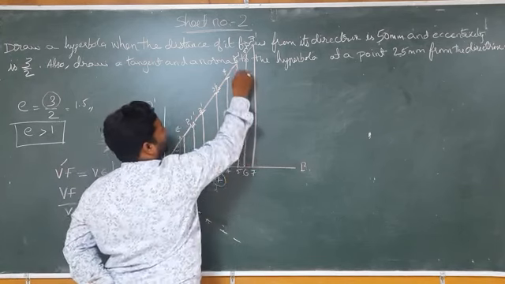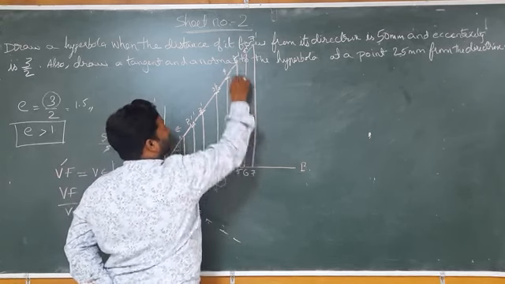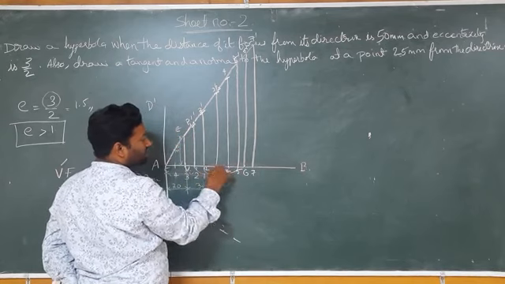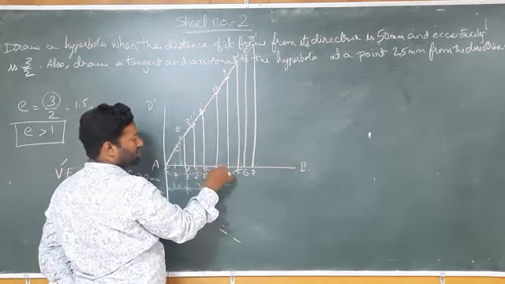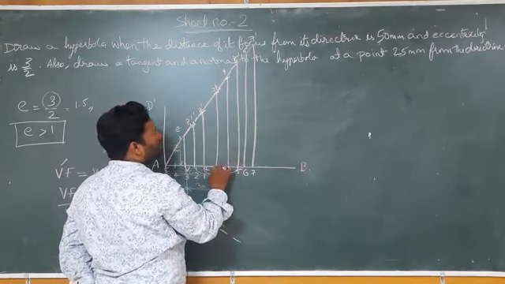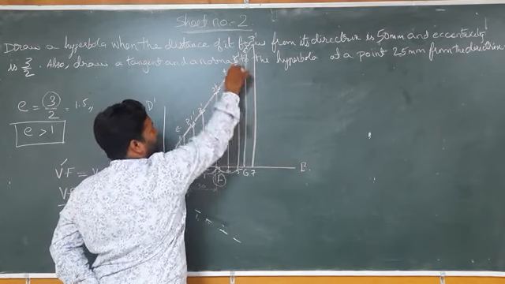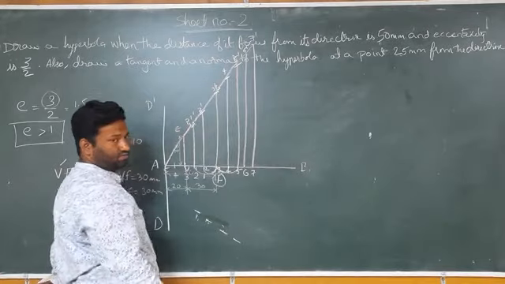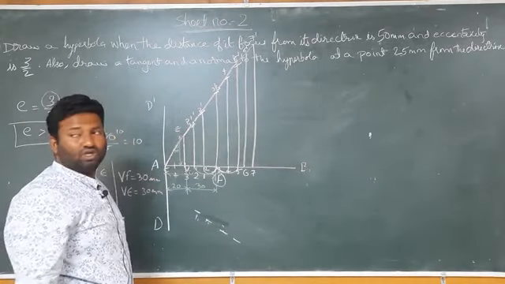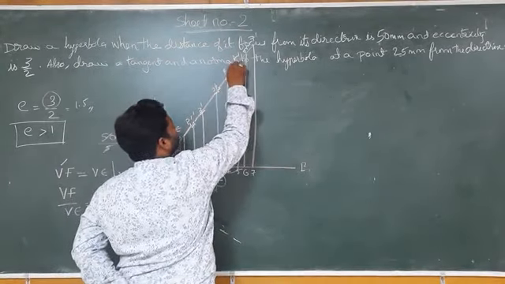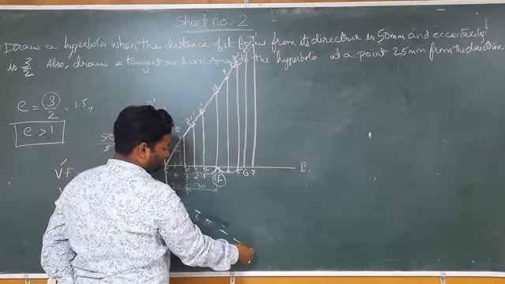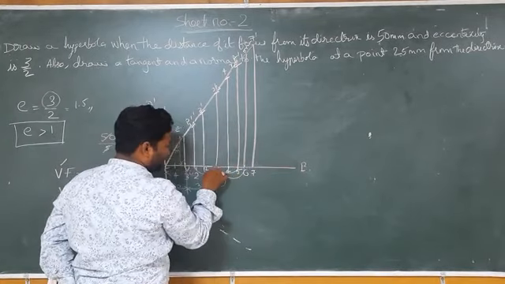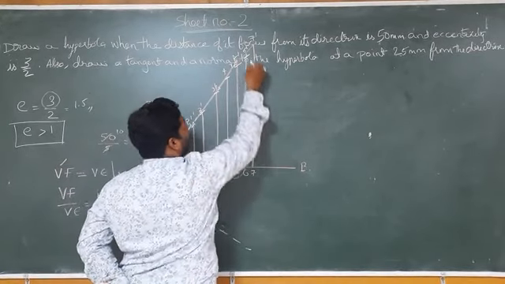Now again I will repeat from 5 to 5 complement. Whatever the radius is, I will maintain the same, and I will shift the center from 5 to focus. From the focus, by maintaining the same radius as 5 to 5 complement, I will cut the arc on this one. So here I will get the point P5, above as well as below. Now I will measure for 6. I will change the center from 6 to focus, and I will cut the arc here.